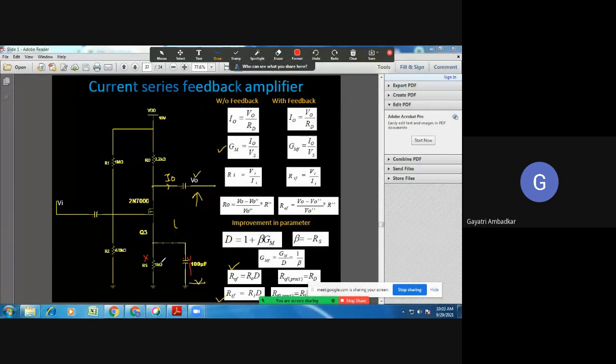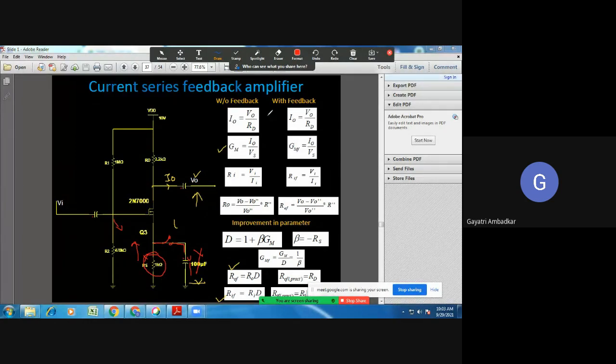so that the capacitor is disconnected. Now the capacitor is not there. So part of our output voltage will be dropped across RS and it will be mixed here with the input voltage. So the input voltage here will become the signal voltage plus the voltage across the source resistance, and this way it will become feedback. So you have to perform this experiment in Multisim for the current series feedback amplifier, and you have